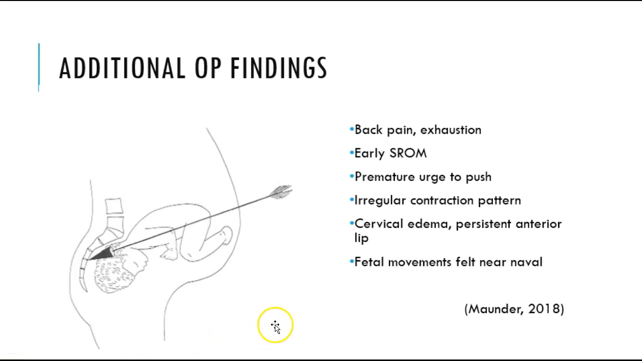Okay, so additional findings, you might see back pain, exhaustion, early SROMs more likely with OP, premature urge to push, irregular contraction patterns, cervical edema, persistent anterior lips, because we don't have that head resting consistently on that cervix. Sometimes you go in to check the cervix and there's space in the back, like the head is well applied maybe in the front but not in the back, and there's kind of a gap